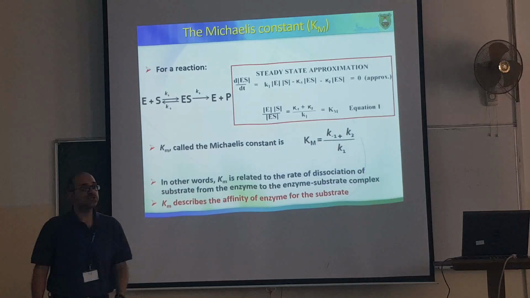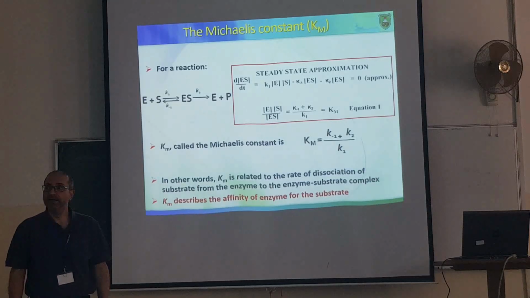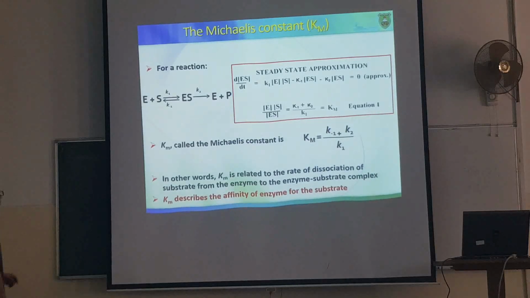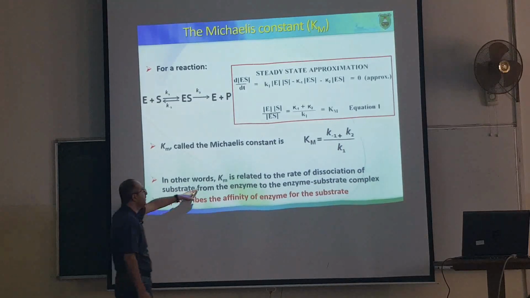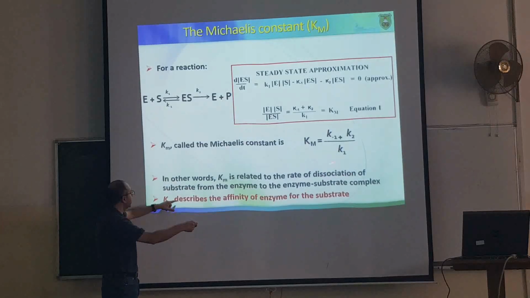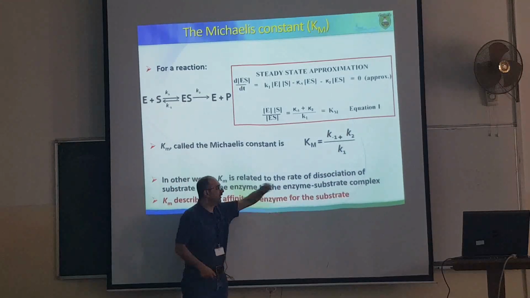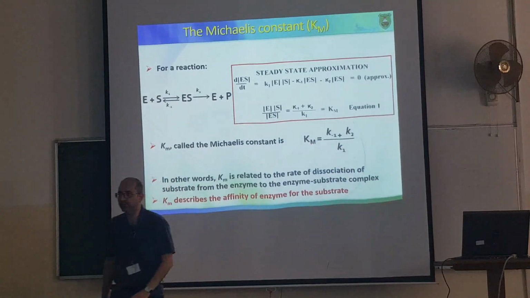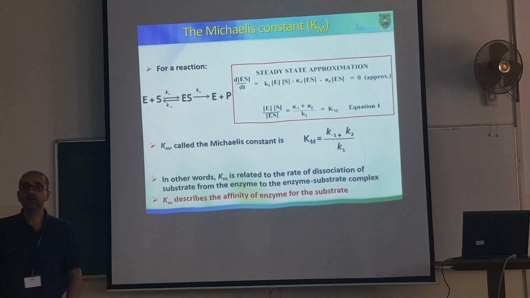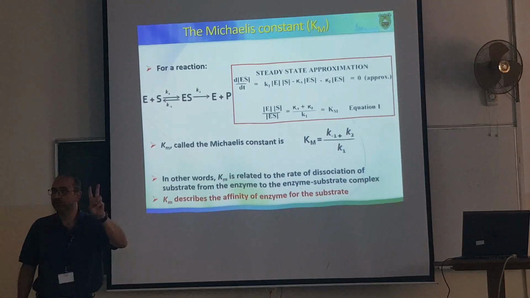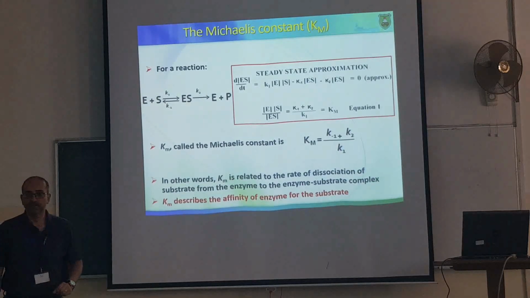هاي كمان definition لل Km. هذه عرفوها من ال steady state. In other words, Km is related to the rate of dissociation of substrate from an enzyme to the formation of the enzyme substrate complex. منيح؟ أي حدا عنده سؤال؟ فهذا the second definition تبع Km. نعم.